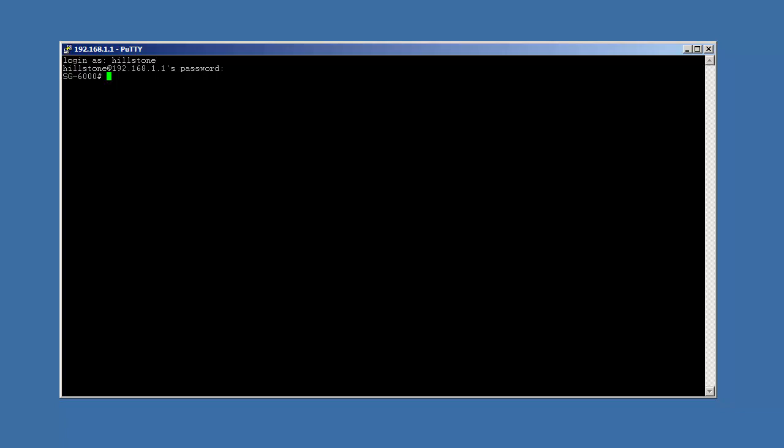Just copy the firmware to the USB driver and then plug the USB driver to the USB slot of the firewall. Now, in execution mode of CLI, type command import image from USB 0 and then the file name. Tap enter. And now the system will start to copy the file from the USB driver. After the copy, the new firmware would be set as the default system for next startup. Reboot the device to make it take effect.